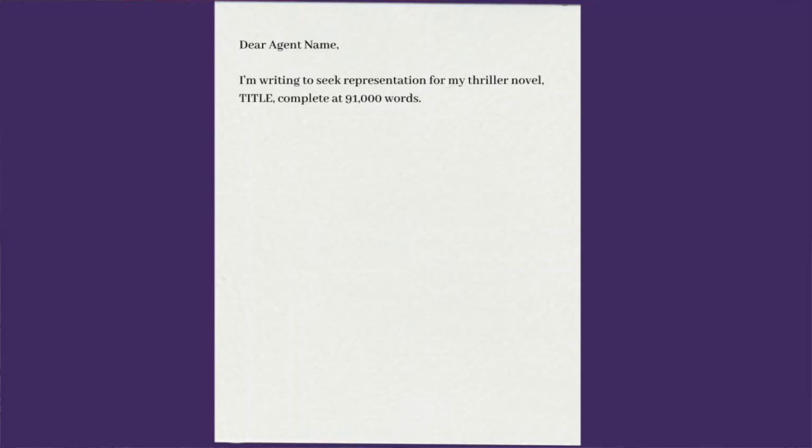So the next part after that is basically your purpose for querying them, and usually that's because you want to give them your book. So you want to give pertinent information up front with the title, the genre, and also the word count. So agents are able to quickly see if this is a book that they're interested in, and the word count does have meaning in that sense. So if you have an adult novel that's only 30,000 words, that's not really an adult novel, that's more of a novella. So they want to see up front if you are even a right fit for them.